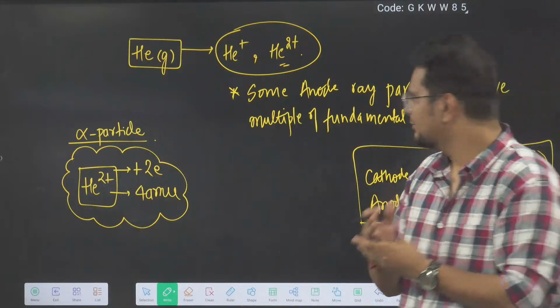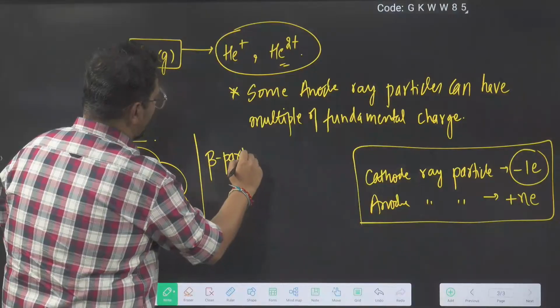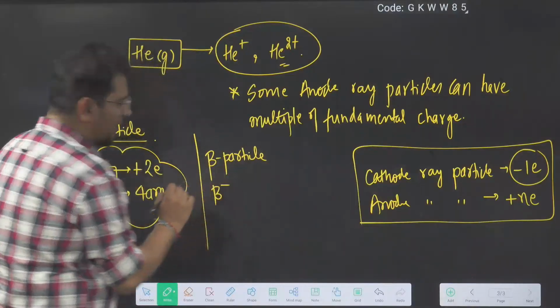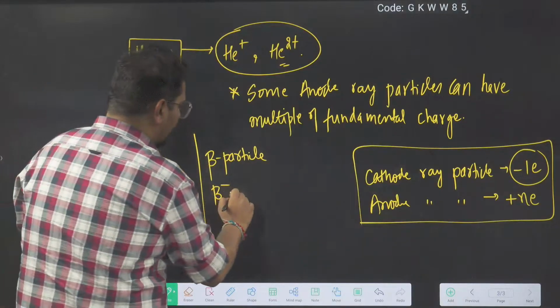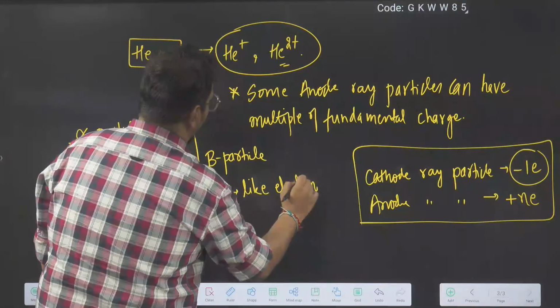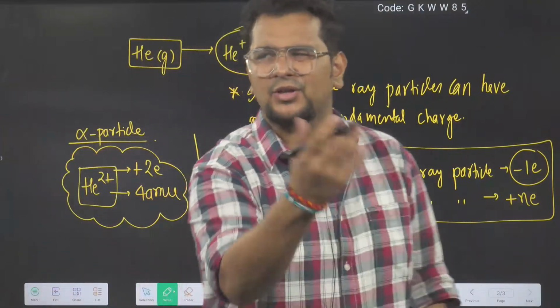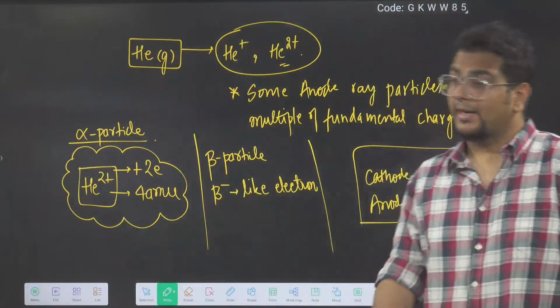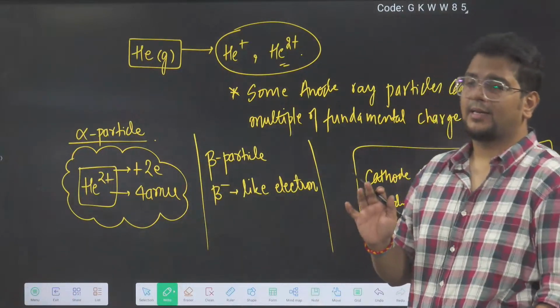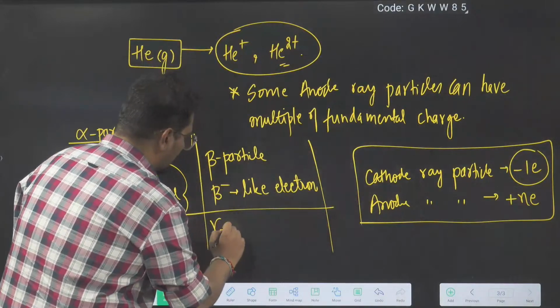Then there is another particle called beta particle. When we talk about beta minus particle, it is like electron in mass and charge. Exactly, we should not say beta minus is electron, but in our syllabus we can say it is exactly like electron. And gamma rays